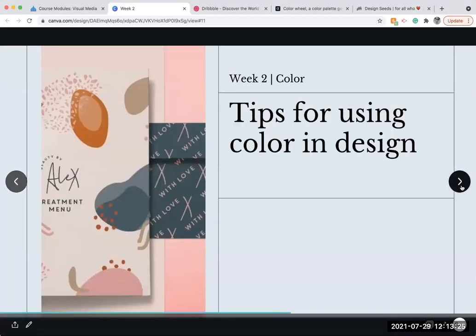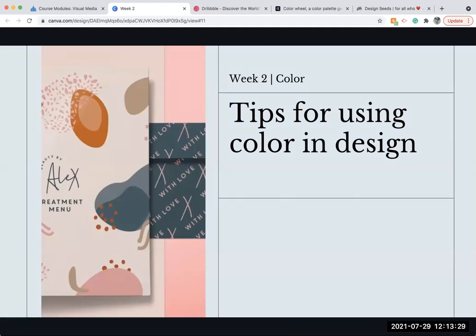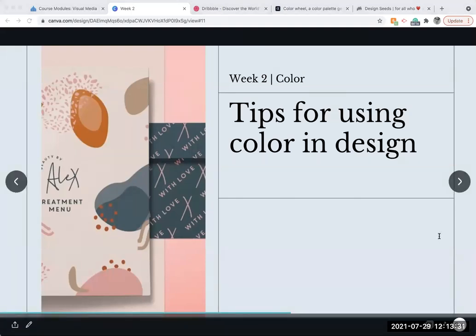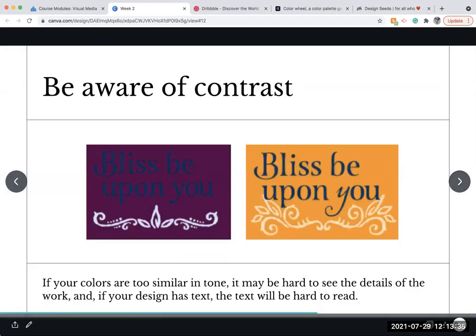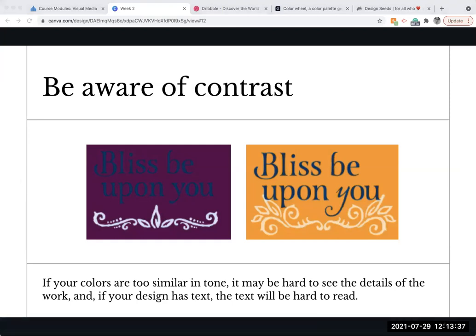Next up, now that we've talked about some of the basics of colors, I want to go into some tips for how you can use colors effectively in design. First off, be aware of your contrast. This is incredibly important, and this is one of the most common issues I see when students are first starting to work with color. If your colors are too similar in tone,